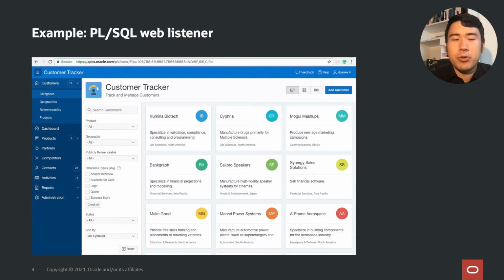So the first example I'm going to give you is the PL/SQL web listener, which is also the most traditional and foundational feature of ORDS. The web listener is most likely going to be surfaced if you're an Application Express or Oracle APEX customer. You should also be aware that Mod PL/SQL has officially been deprecated and is unsupported. So if you want to have a supported running web infrastructure out of the database, that needs to be done via ORDS. If you're a Mod PL/SQL client, we also provide full documentation of the migration process on our official website.